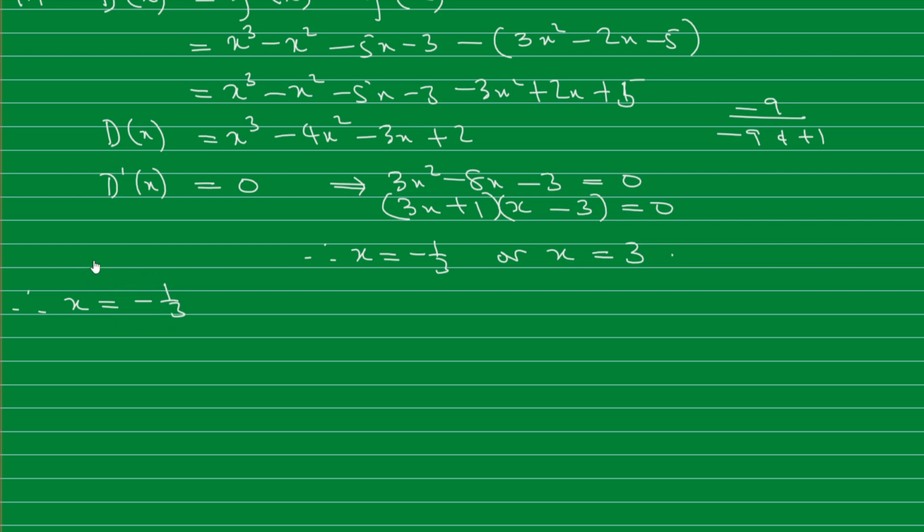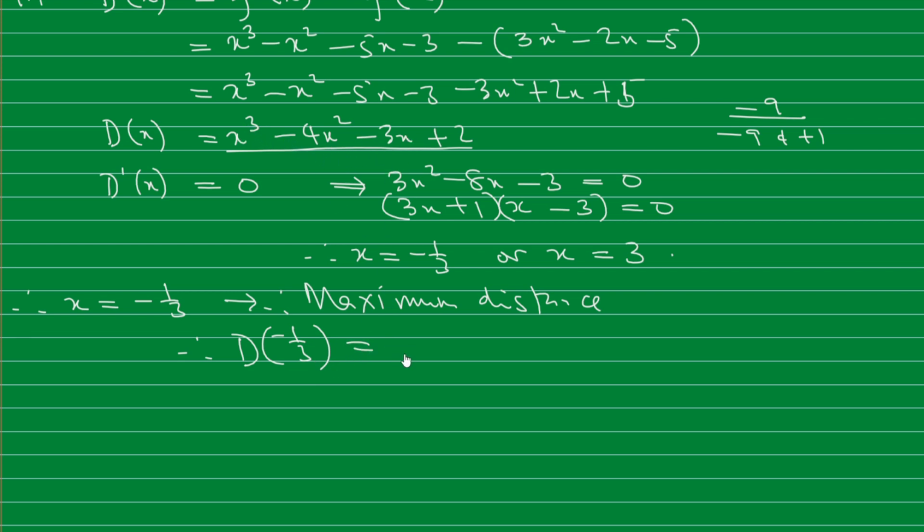So to find the maximum, we should go and substitute it into our function that gives us the distance. So we are basically going to take, therefore, our maximum distance. Our maximum distance is going to be basically d of negative 1 over 3, which we are going to substitute in here,